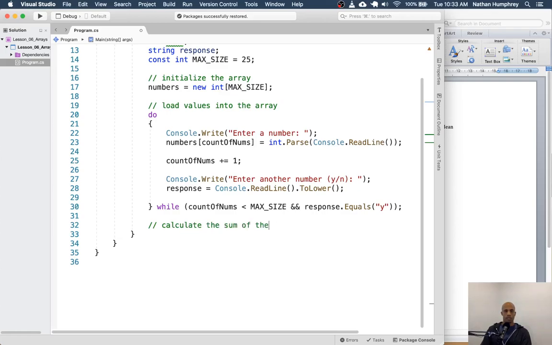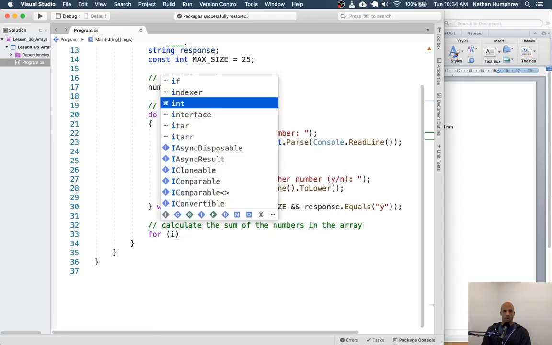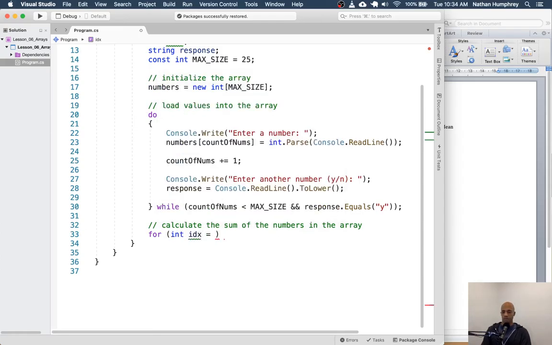So calculate the sum of the numbers in the array. And for that, we can use a counter control loop. We know how many numbers are in there, so it's easy to set up. We can set up for int an index that begins at 0. Again, while that index is less than